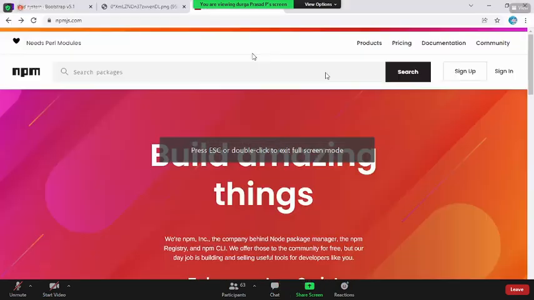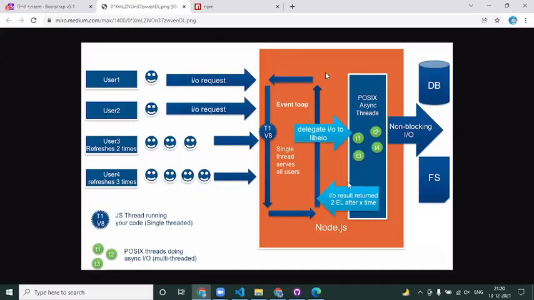If we go to this guy, I already opened this. So this is the internal architecture that Node.js follows. If you see on the left side, user 1, user 2, user 3, n number of requests are going, which we call IO requests. And here you see T1 V8, which implies that under the V8 JavaScript engine, a single thread got created. And if you see, it is under a loop. See here, the blue lines are actually rotating. So internally, an event loop